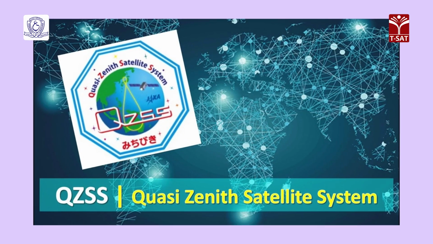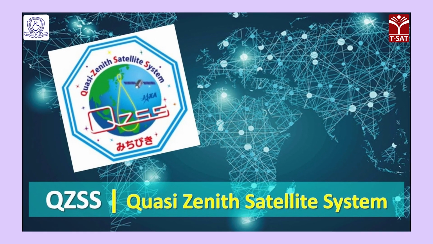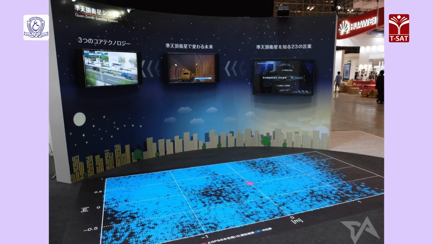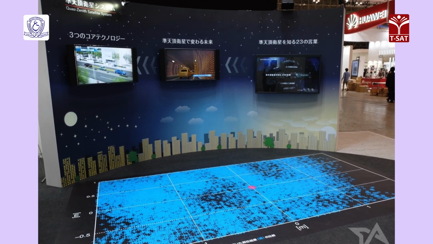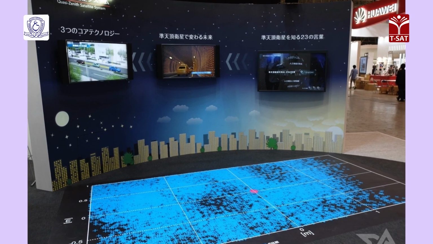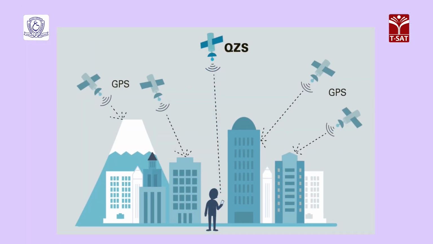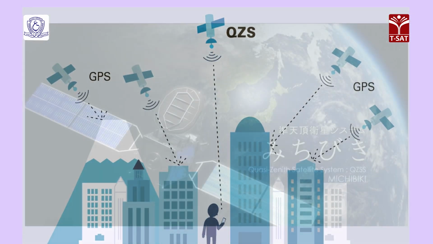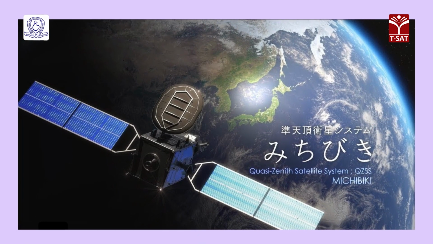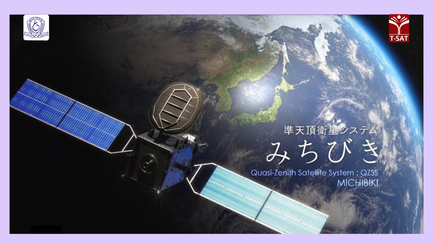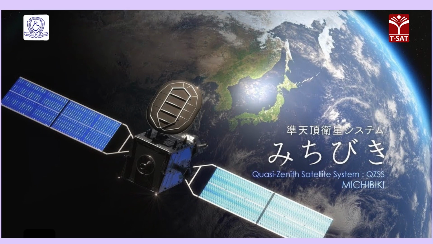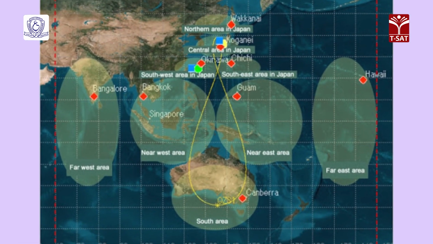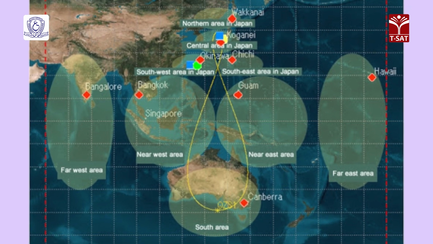QZSS. The quasi-zenith satellite system is a regional satellite navigation system from Japan, which is still under construction by the Satellite Positioning Research and Application Center, Japan. As per plans, the QZSS constellation will have 7 satellites, out of which 4 are already in orbit. The quasi-zenith satellite system is a 4 satellite regional time transfer system and enhancement for GPS covering the Japan and Asia-Oceania